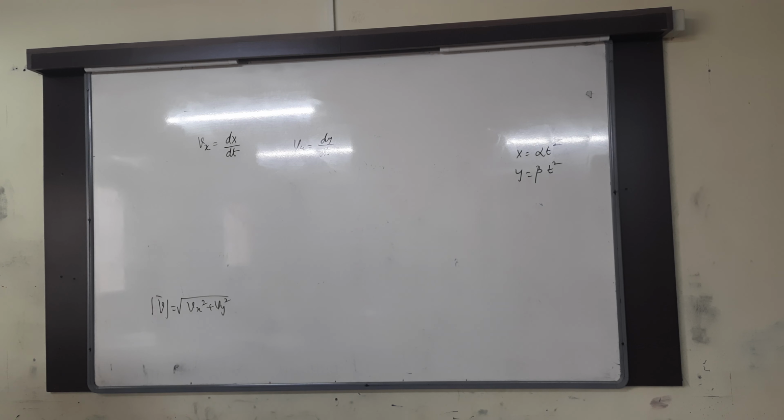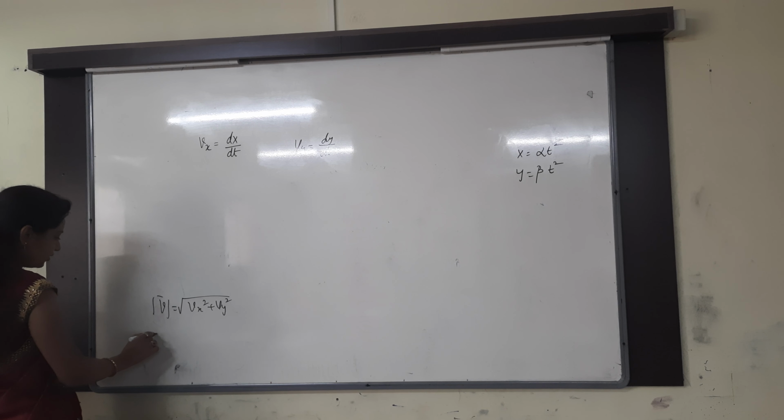Velocity is equal to speed by time. Velocity and speed, both are same. Magnitude of velocity is speed. dx by dt you got, dy by dt you got, then we got vx and then vy. You have to find out the speed, nothing but the magnitude of velocity is speed. Magnitude of velocity, just apply in this formula. Don't do anything. What is the answer you got?